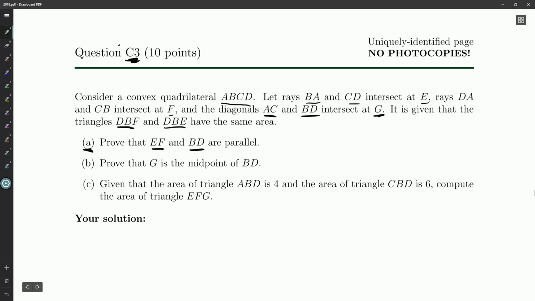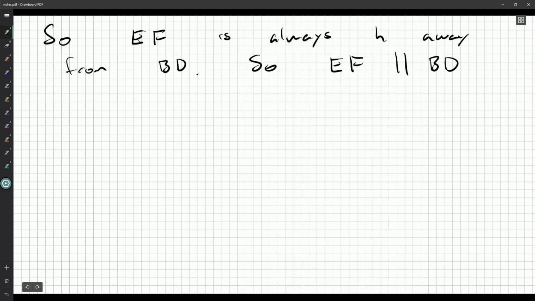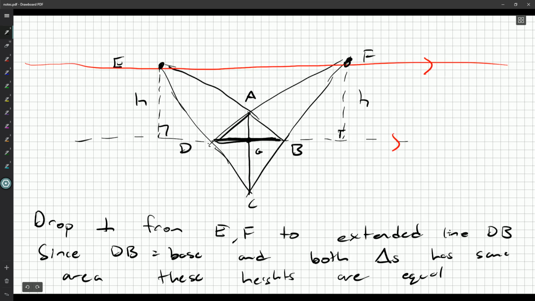Okay. B, prove that G is the midpoint of BD. So we know it's the intersection of the diagonals, but we want to show it's the midpoint. Okay. So what can we do, and will we be using this parallel line? Well, actually, with the fact that we've proved that these are parallel lines, I'm actually going to redraw the picture here